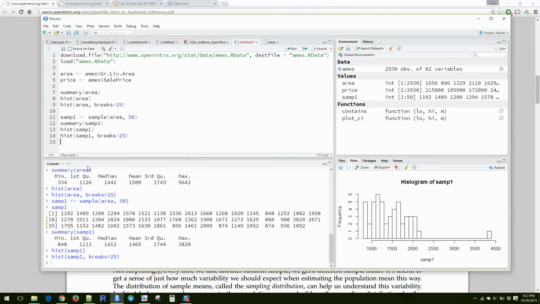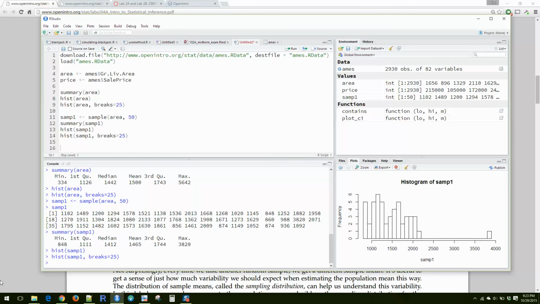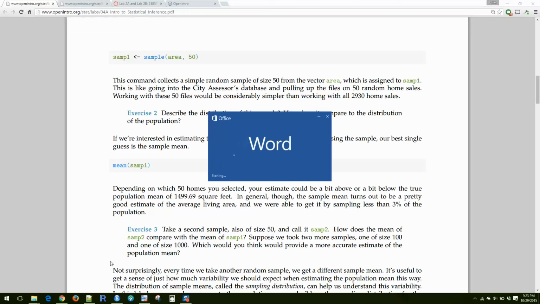Oh, so actually, I should take a moment and say, for the first lab, I didn't dock any points if you turned in labs that were kind of like screenshots of your R code or something. But for this lab, I don't want you to just copy and paste the stuff that you see in R. What I want you to do is fire up a word processing document or program of some kind,